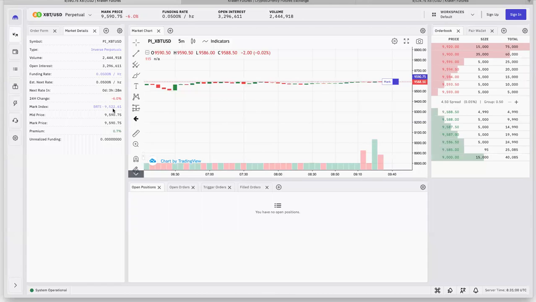Yeah, and you can see that is the max funding rate per hour that you would see. That 0.05% is the max funding rate because the contract is trading at such a premium. But as Kevin said, this is not realistic. This is just fake orders in there. Hopefully one of the things we can do is make the order book a bit more realistic, which will then make the funding rate more realistic as well.